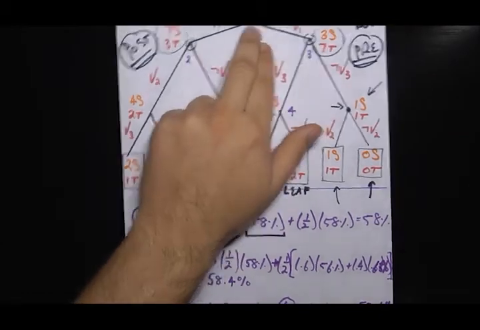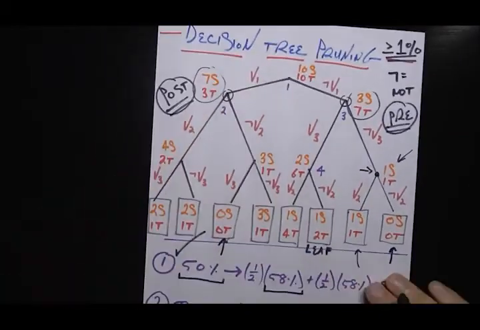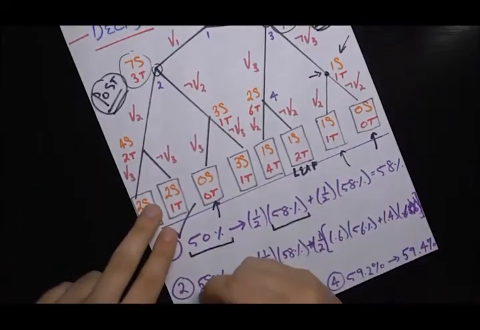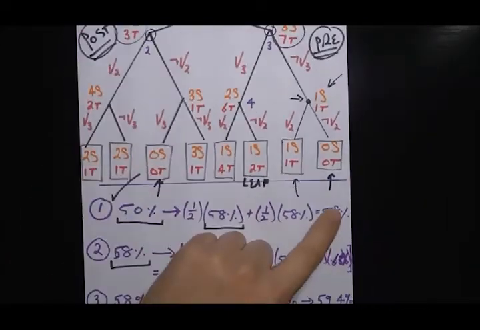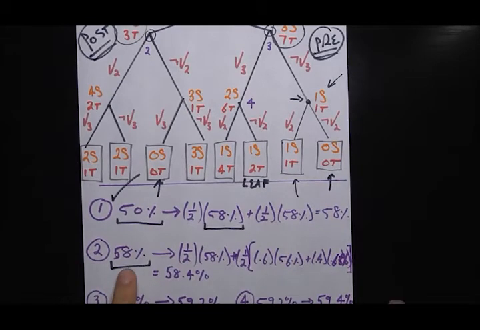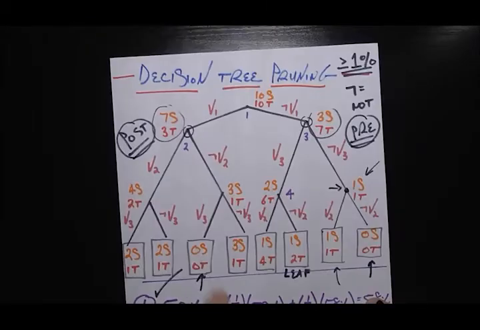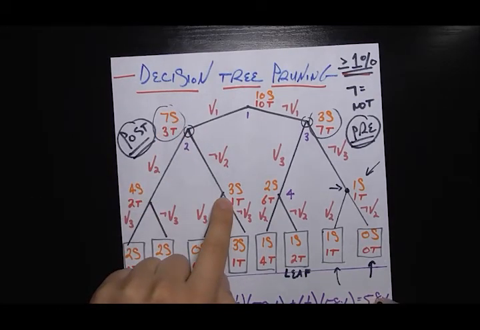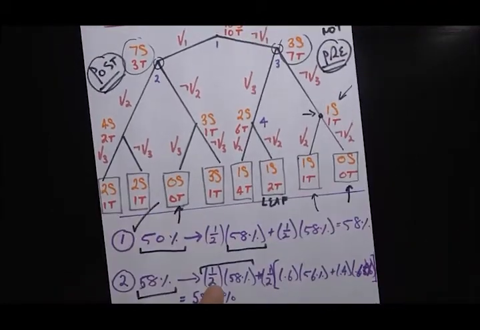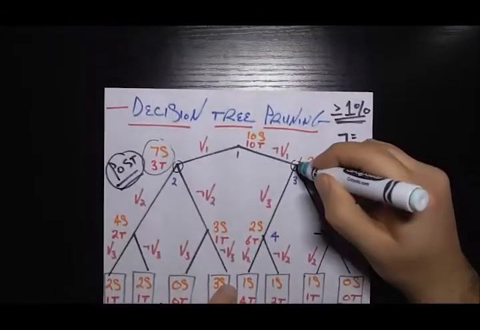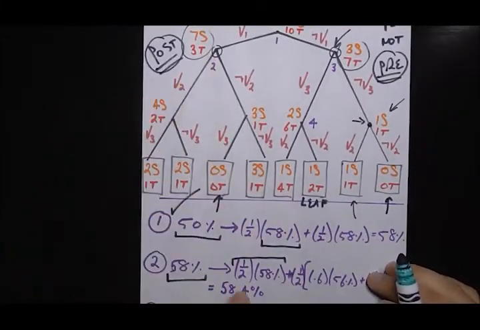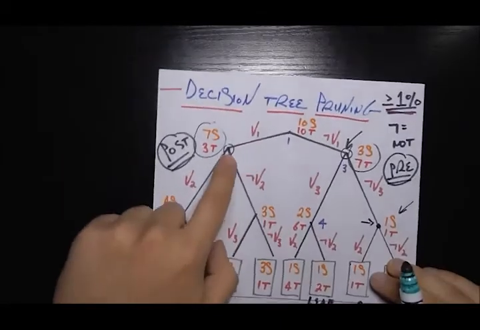Now we've branched at 1, that's set. Now we're going to look at, should we branch at 2? If we do the same calculation, now we have a 58% chance accuracy, right here, of getting it correct. If we go through the same calculation, now we're choosing whether or not to branch on V2 here. It gets a little more complicated because the first thing we do is maintain this 1/2 chance of 58%, which is ending up at that place right there. And then we have a 1/2 chance, which is ending up at the